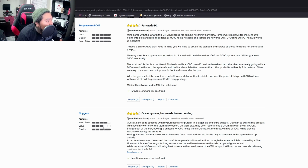700K. Straight out of the box, cooling is an issue for CPU heavy gaming tasks. It hit the throttle limit of 100°C while playing Warzone, crashing the entire PC. Having 3 intake fans that are covered by the case front panel, and the AIO only for exhaust, made the system heat up quickly. Alright, so to answer that little take right there, yes, it's being blocked by a bit of a covering,